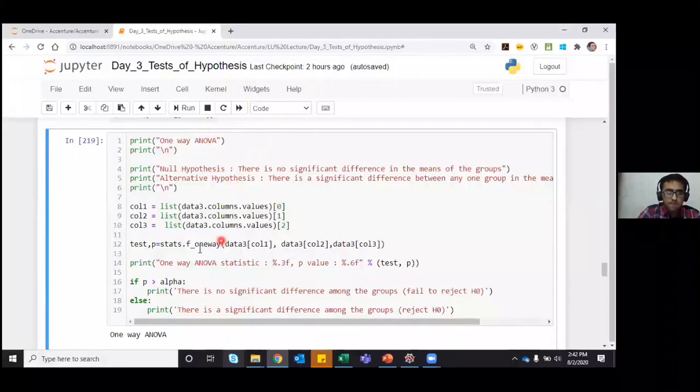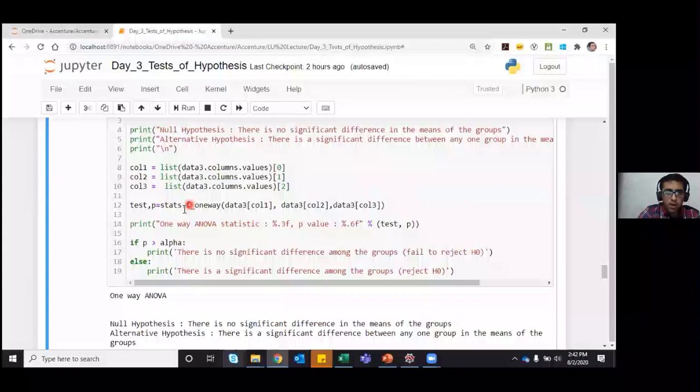Now if I want to perform one-way ANOVA, I will just use stats.f_oneway and put in all the 3 columns, or all the 3 variables or groups that we want to test for ANOVA. And if you have more than 3 variables in your data, you can simply add on to it.